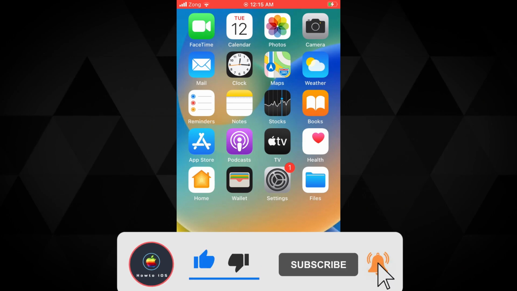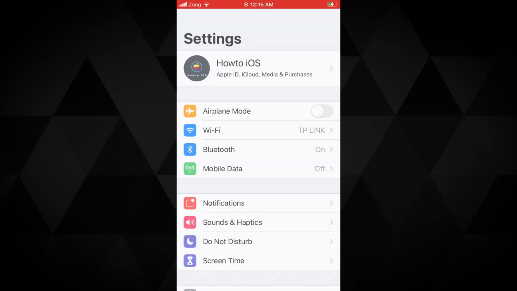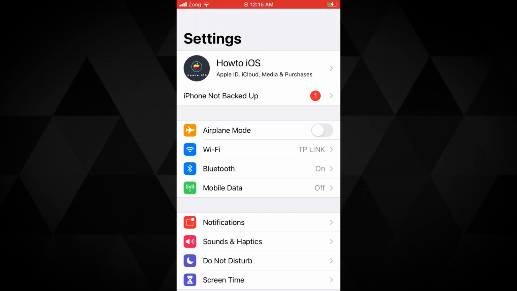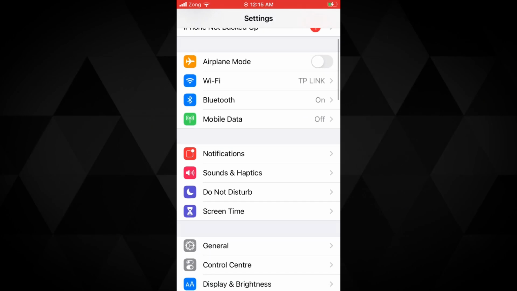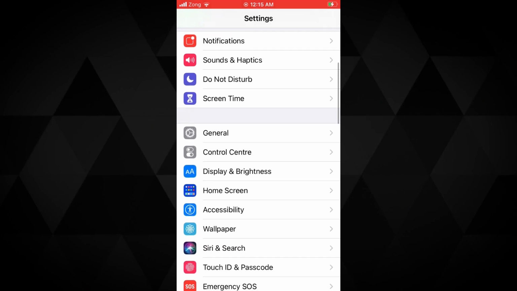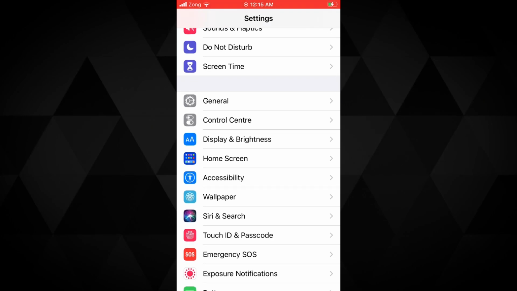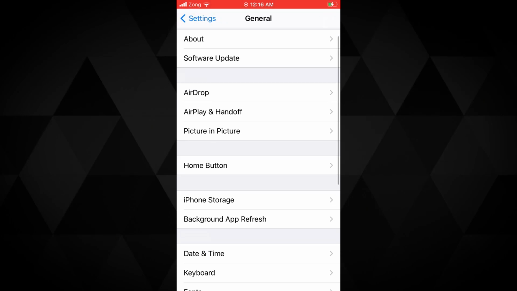As you know, last month Apple released iOS 16 developer beta. So in case you are running iOS 16 developer beta, or previously when iOS 15 beta came out and you installed that iOS 15 beta, that beta profile will still be in your device, so you first need to delete that profile. For that, go into the settings, then in general, scroll down.